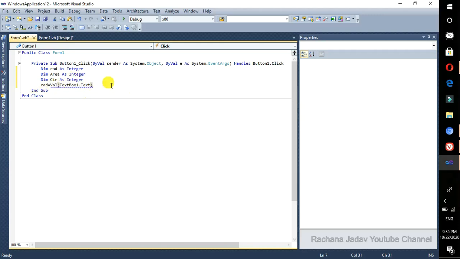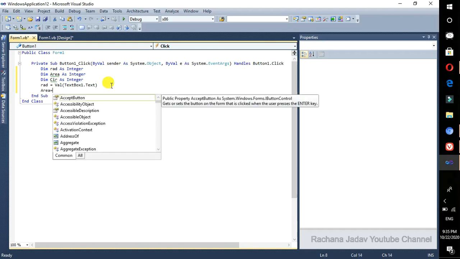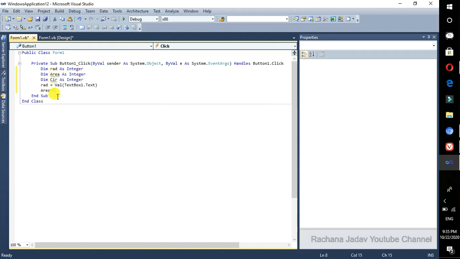Clear this much? Then next we will go for the area. You know the formula for area. See, I have written a in small letter, and it automatically changed it to capital A because we have declared the variable with a capital A. So it will do the changes by itself.